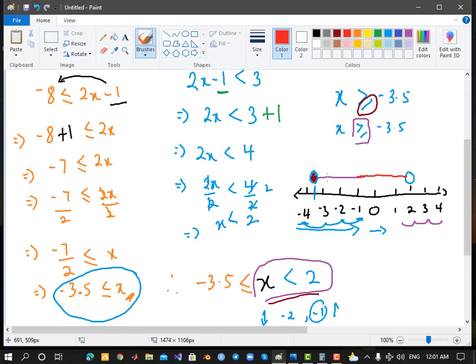I'm just using these 2 different colors for you to get an understanding, but when you are doing it on your own, just use one line to join this. So we are coloring because of the equal to sign attached to the greater than. That's why we color inside our circle. But this one we don't color because there's no equal to sign here. That is why we leave it blank like that.